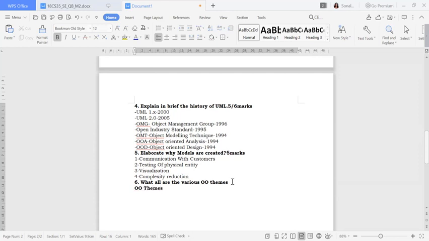Some of the points are there. The first point will be abstraction. This question used to come in your exam, so you have to prepare encapsulation. The next one will be sharing, and the next one will be synergy.